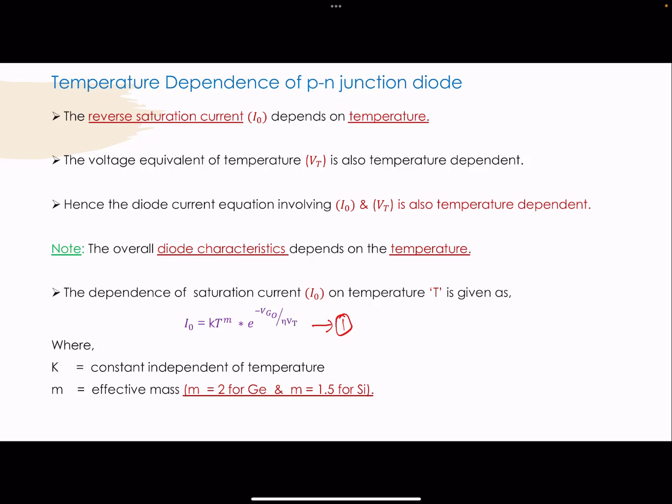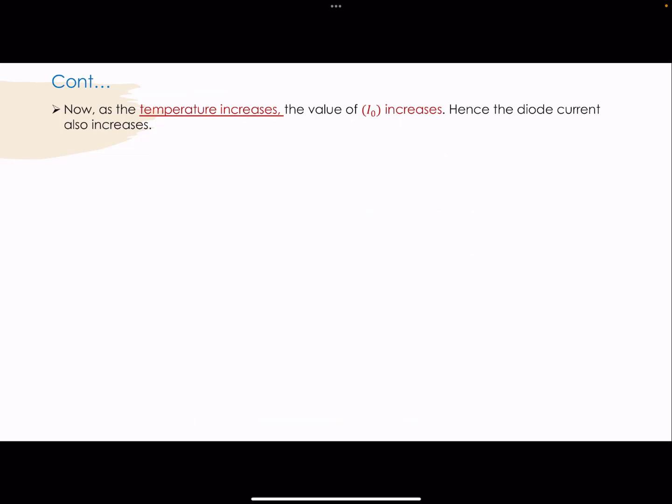for germanium is equal to 2, whereas for silicon it is equal to 1.5, and Vg0 represents the forbidden energy gap. The value of the forbidden energy gap for germanium is 0.785 volts, whereas for silicon it is 1.21 volts. Now as the temperature increases, the value of I0 also increases, hence the diode current also